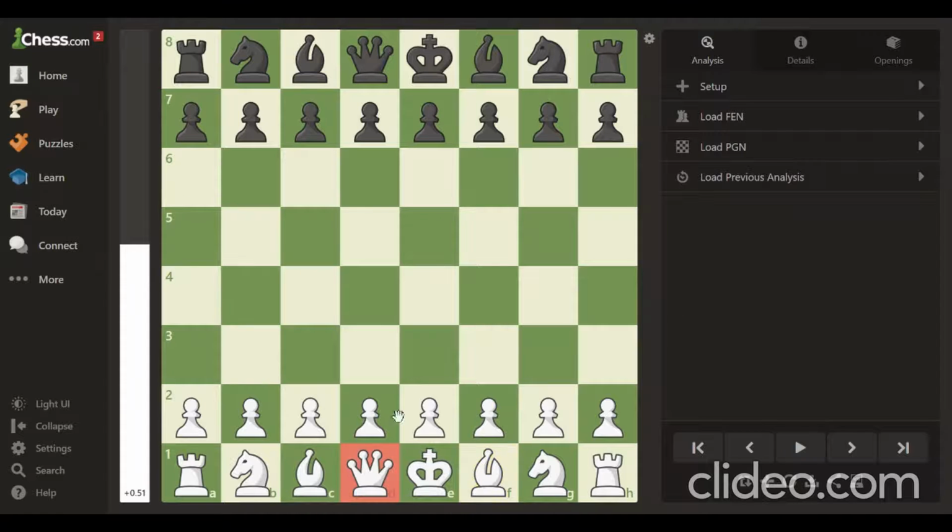Okay, so this is the most active piece on the board. These two, these are queens and they can help us to checkmate the king. And they are each 9 points. Okay,